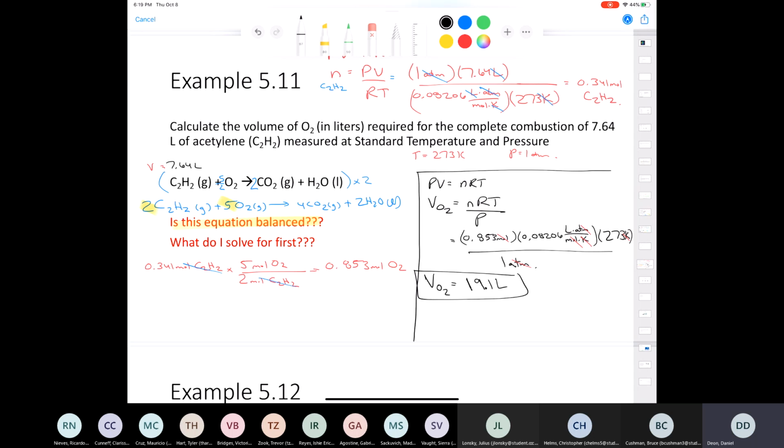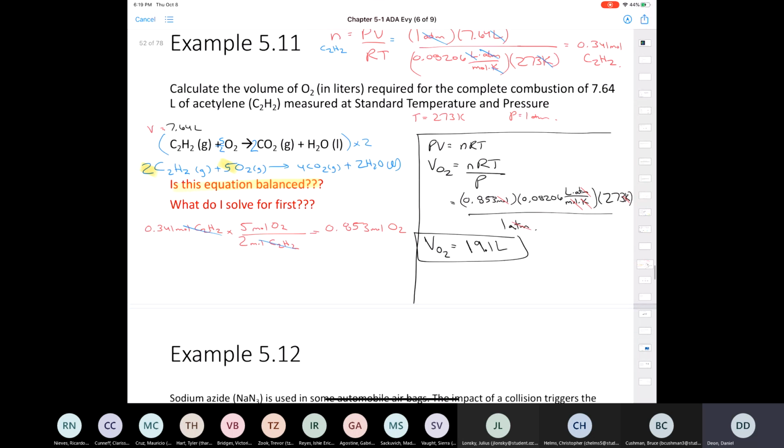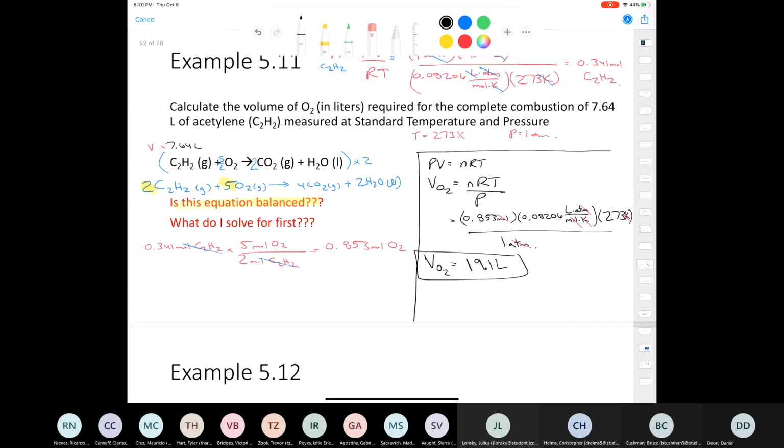There is another way to solve this problem. I don't have space to solve it on here, but you can check yourself to see if it'll work, and believe me, it will. The other option is to use Avogadro's law. It says V1 over N1 is equal to V2 over N2. If we solve for V2, which is equal to V1 times N2 over N1, you can just plug in the